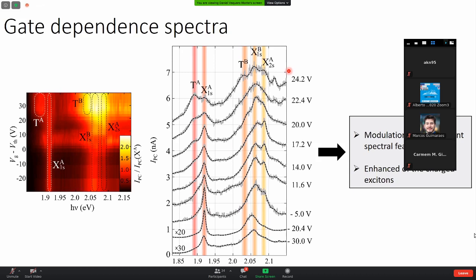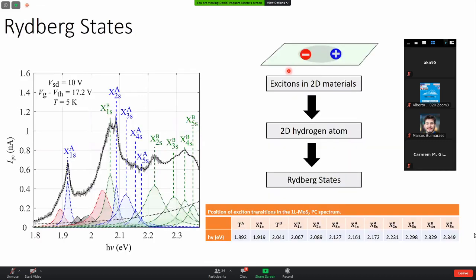So once we have modulated the charged exciton and the excitons, we pass to the study of these excited states that appear for higher energies than the neutral excitons. We associate these excited states to Rydberg states, and that is because